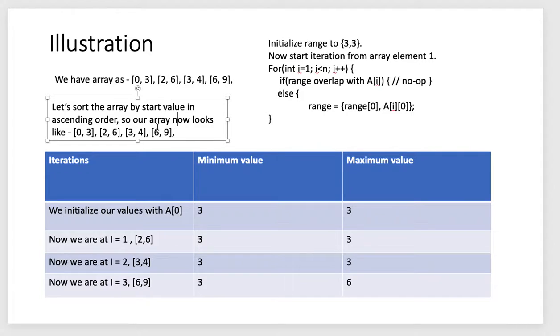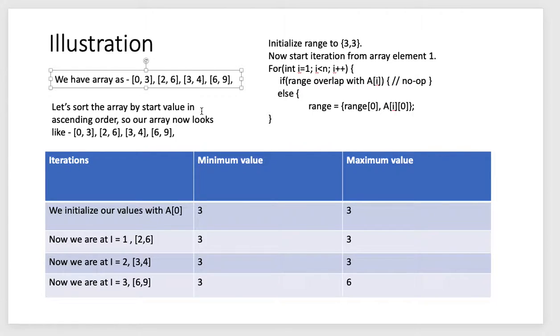If they both overlap, then that means my current range is already covering the next interval as well, and I don't need to do anything. So I keep on going forward. Similarly with 3 comma 4, I see 3 comma 3 actually covers it, right, because it's overlapping. So I just move forward. Now when this kind of case comes, which is 6 comma 9, obviously 3 comma 3 is covering all the ranges from the start till where I am standing right now.